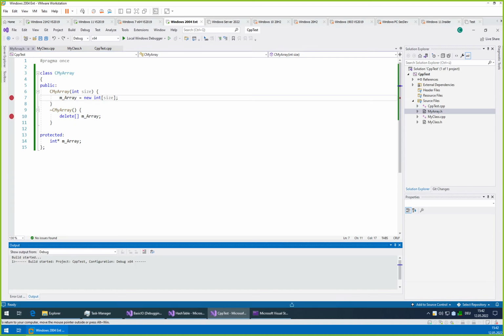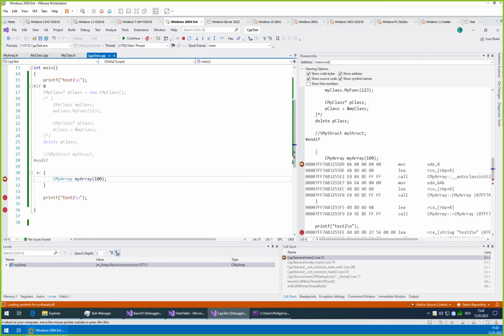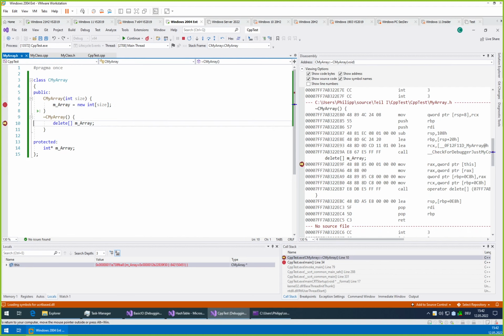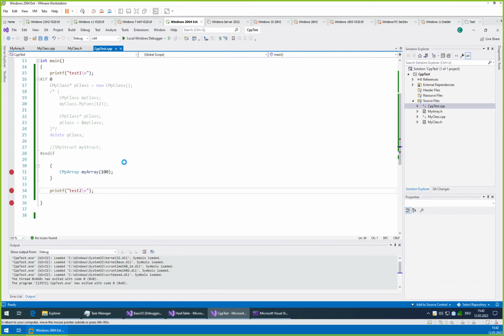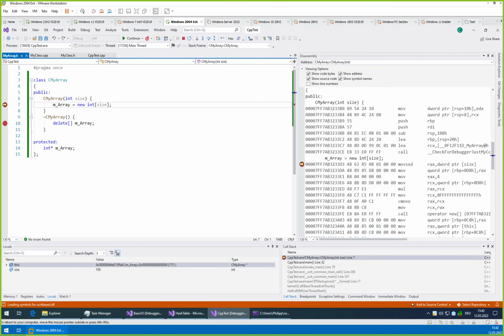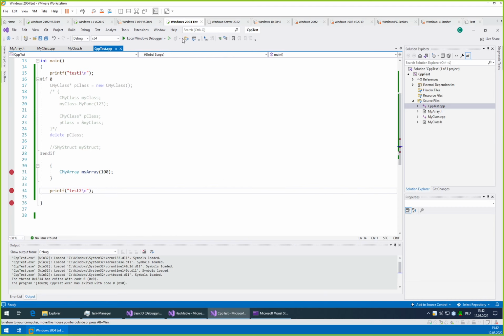Continue. So when we enter it, it will first run, of course, the constructor. And then when it goes out of scope, it calls the destructor. And I think I did not implement everything. And then it clears. I think it did the constructor twice, which is not good. Yeah, no, it was fine. Sorry, it was fine. Everything in order.